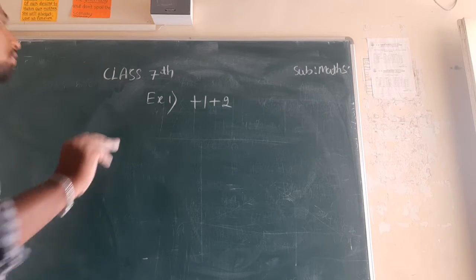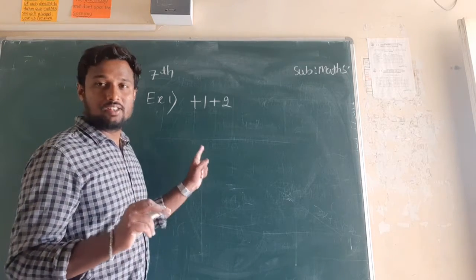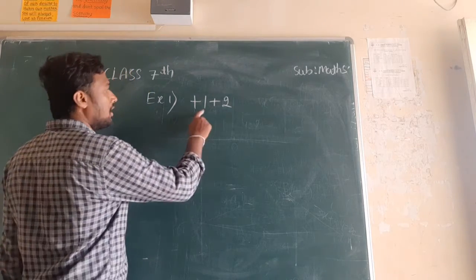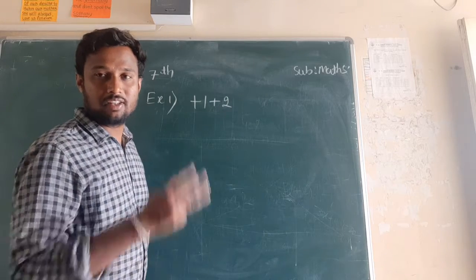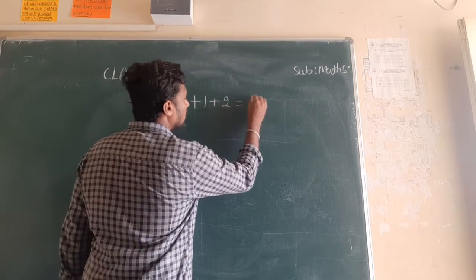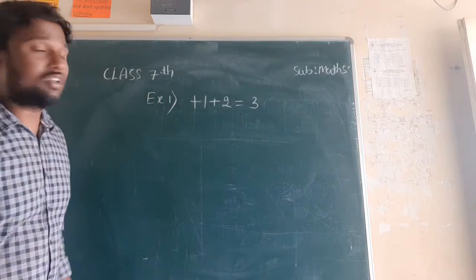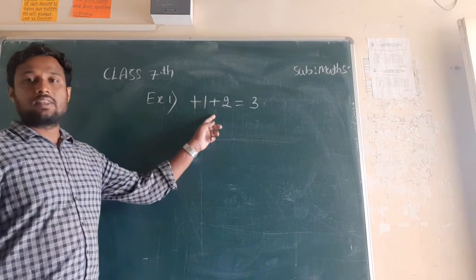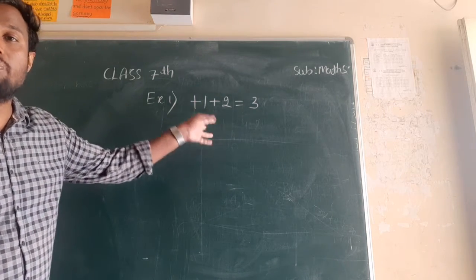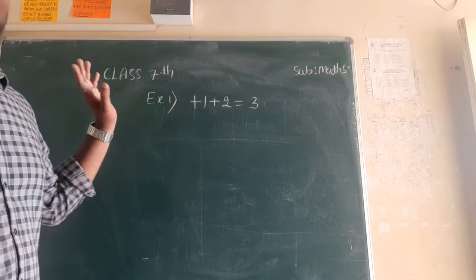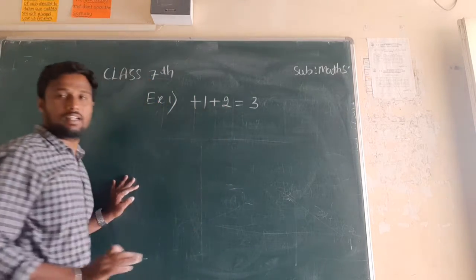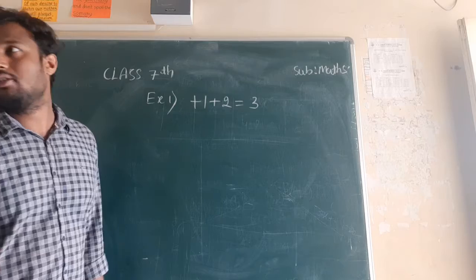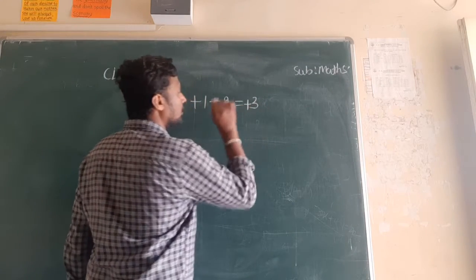So plus means we have to add. Plus into plus, what we got? Plus. So plus means we have to add these two numbers. When you add these two numbers, what do we get? 1 plus 2 means 3. So here I will write 3, and the sign in front of this answer, what you have to consider means, always the sign which is in front of the bigger value, we have to consider that sign. Here in 1 and 2, which is the greater value? 2 is greater than 1. So what is the sign in front of 2? Plus. Therefore the answer is plus 3.